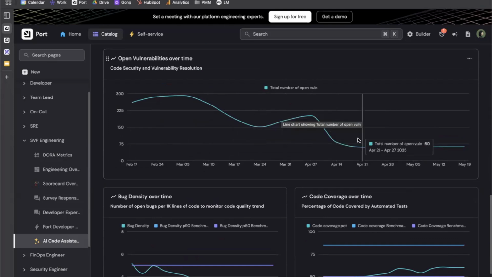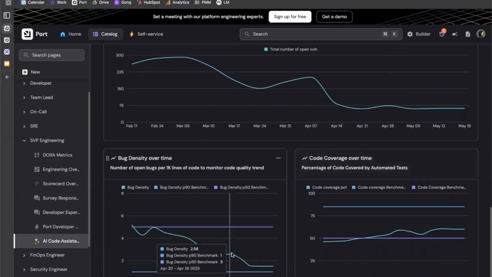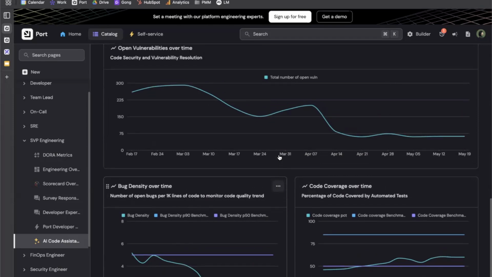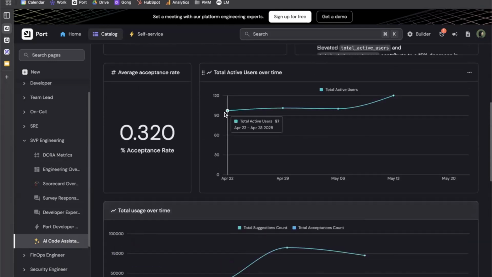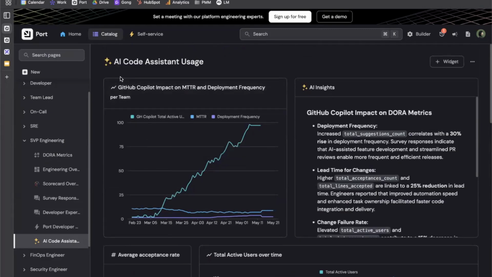This is why, once we start implementing AI like Copilot and AI assistants, we usually see improvements in the amount of vulnerabilities, dropping down as we want to see them. So to wrap up, this is the Gen AI code assistant usage dashboard that we have. You can get to it over at